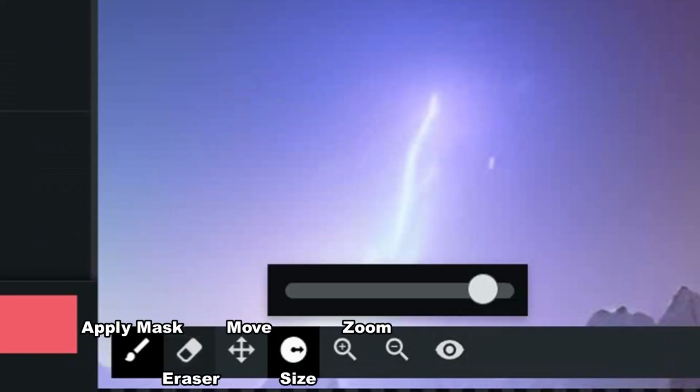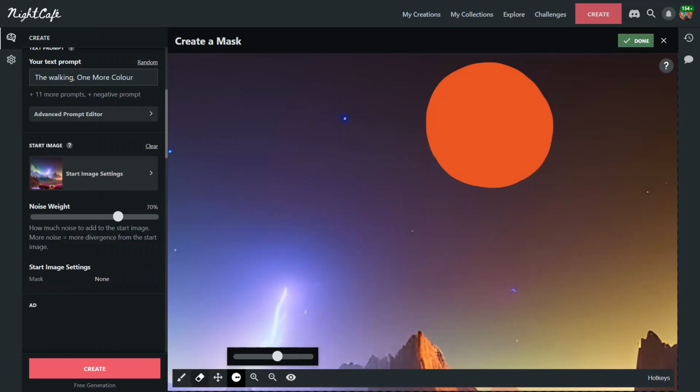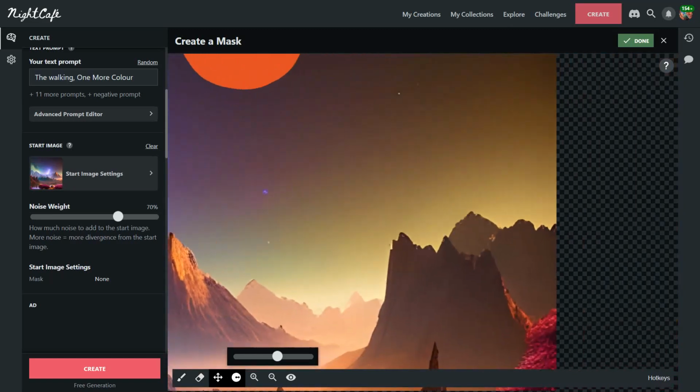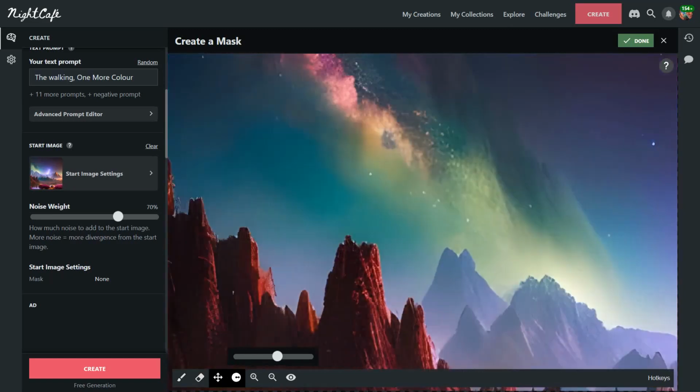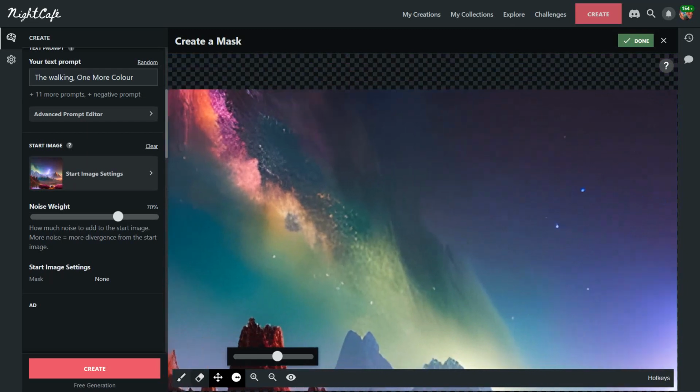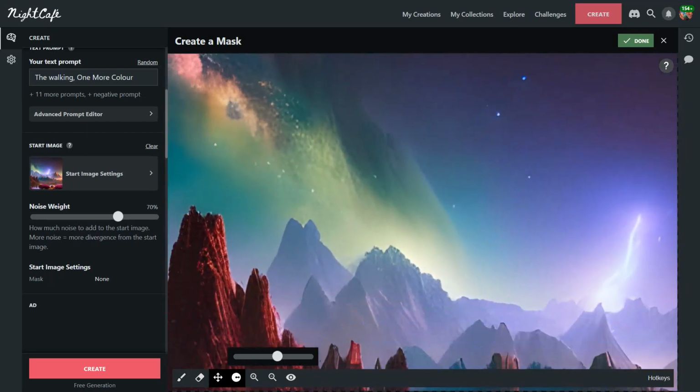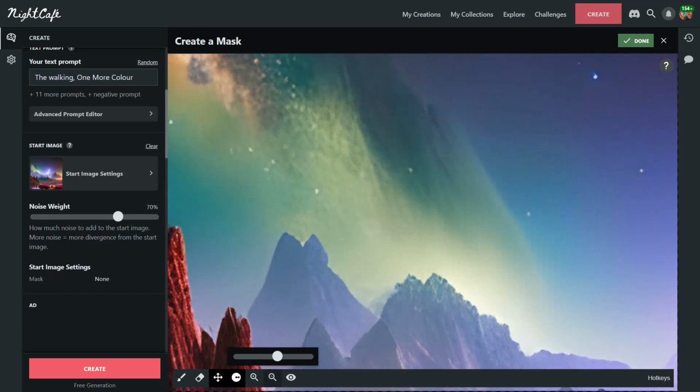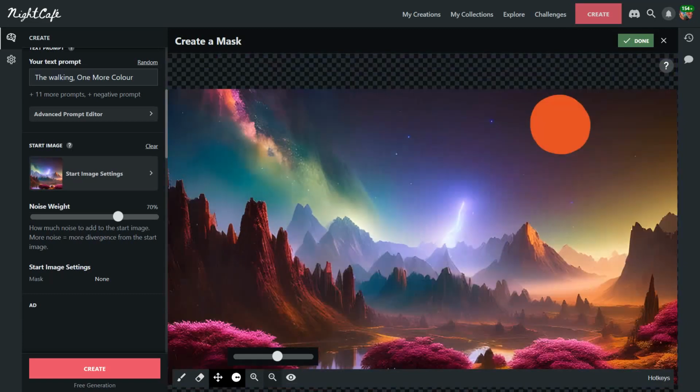These other tools are like the eraser. If, let's say, I was going around this mountain, I could use this to erase part of it. If I wanted to take some of this off, notice I can take it off, or let's put it back on. This allows me to work around a zoomed in image. This is kind of like the move one here. Zooming in more or zooming out, depending on what you want.